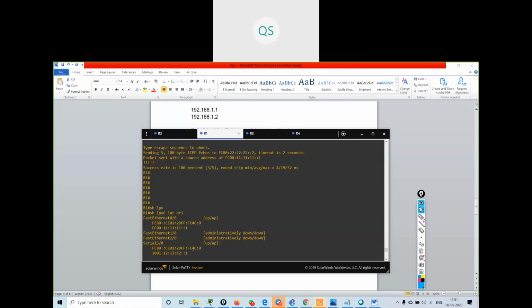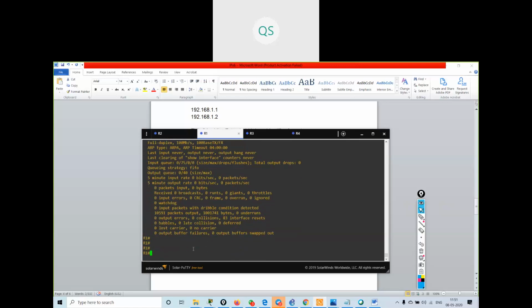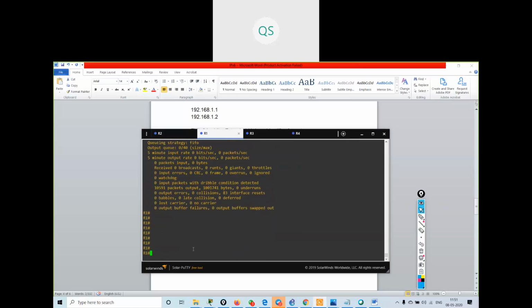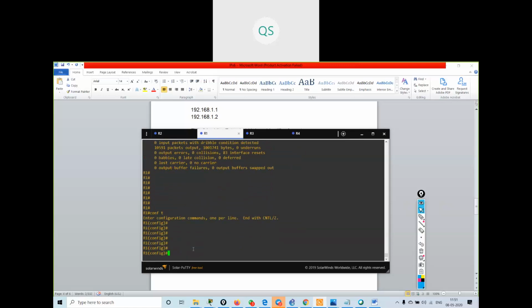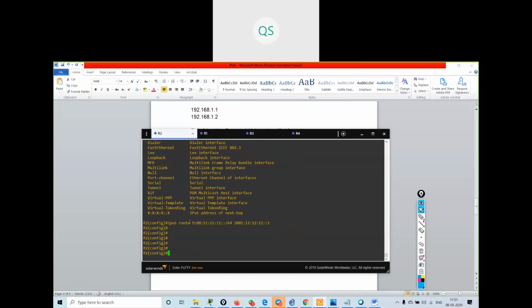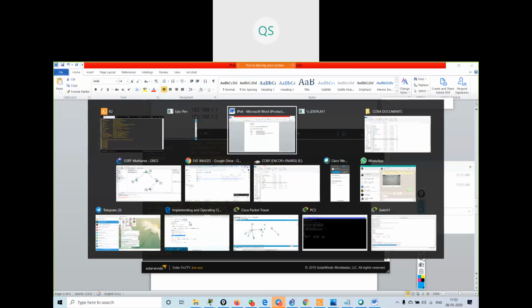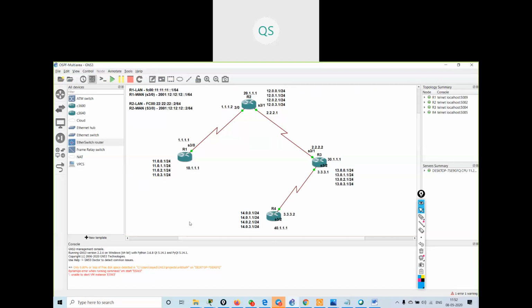Now there is one more way you can see. Suppose I configure my R2's interface, R2's other WAN interface. What is R2's WAN interface? If I check my diagram, 3/1.